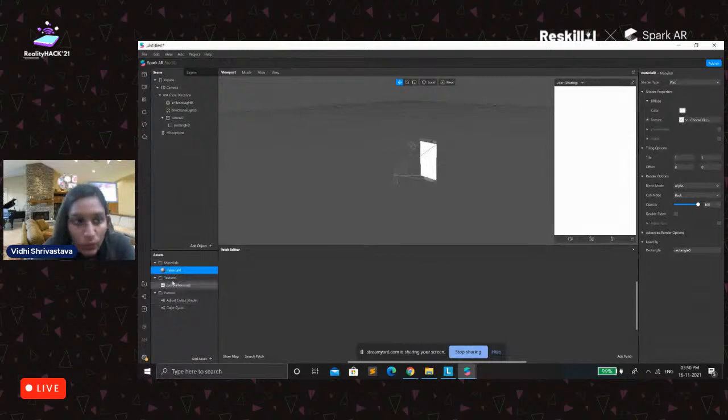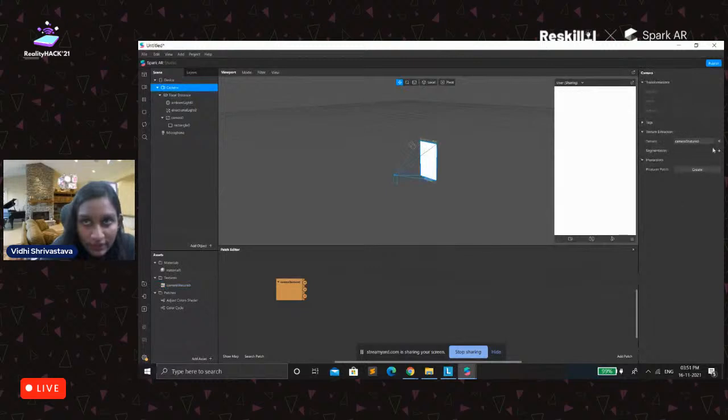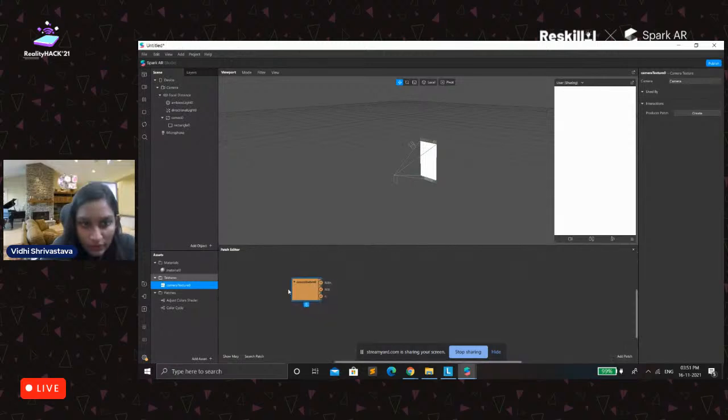And we will drag the camera texture to our patch editor. Now you can see that there is a new camera patch visible on the patch editor. Either you can directly drag it from here, or you have to extract it, and then you can do it like this.